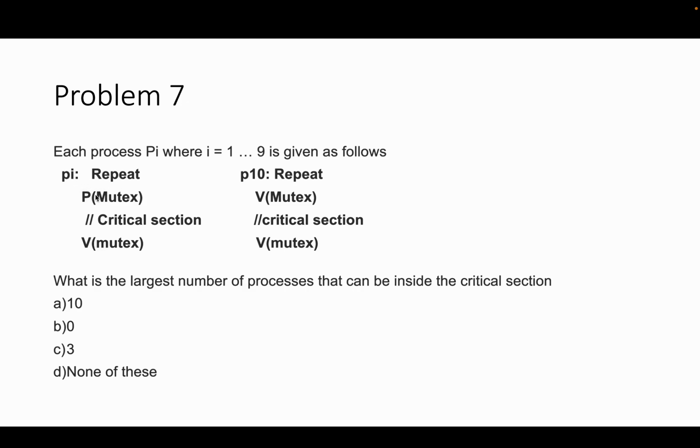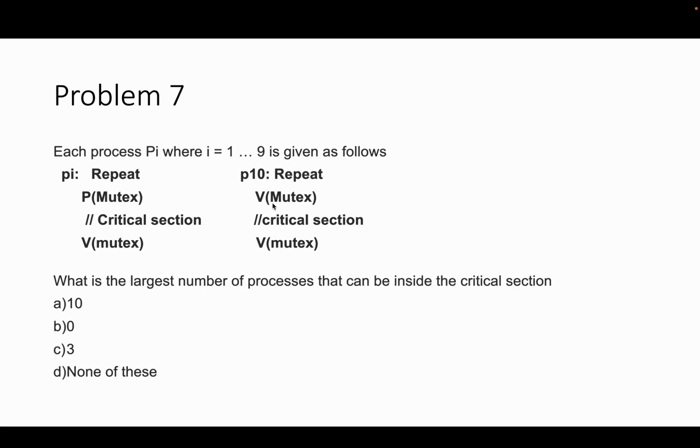So let's say process P1 does a down, and then it will enter the critical section. Then if P2 tries to enter, it will not be able to enter; it will be blocked because the mutex value is already 0. But process P10, if it executes, there's an up, so it